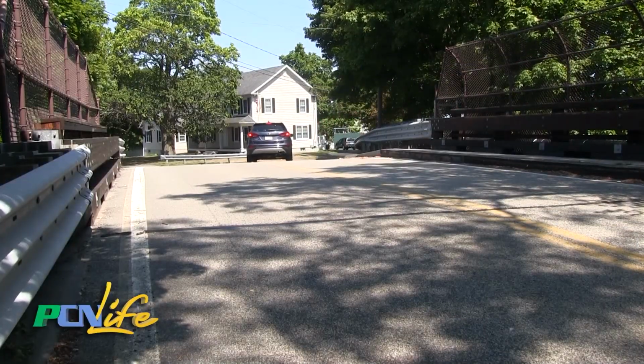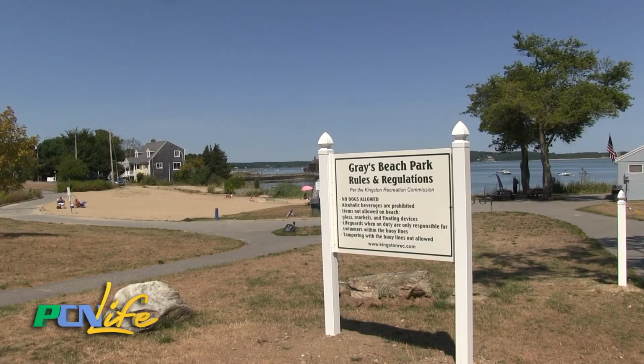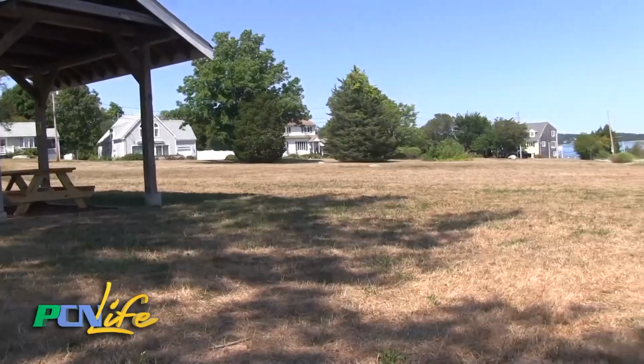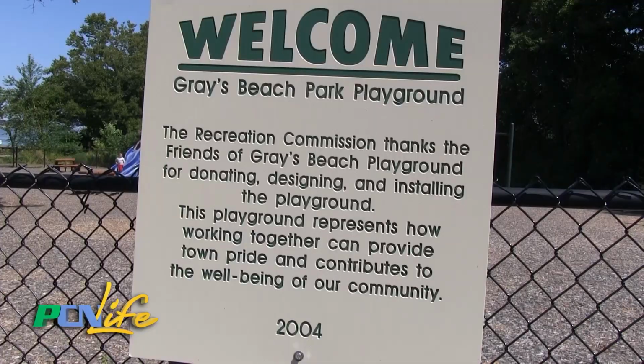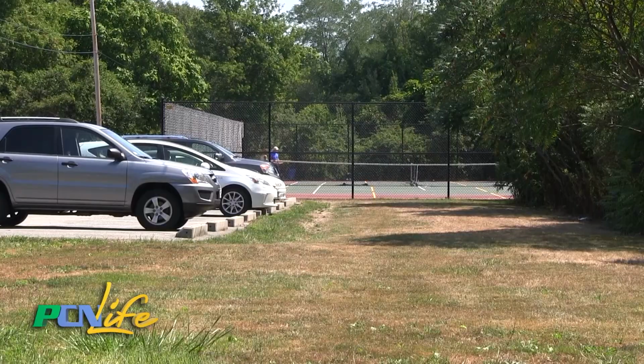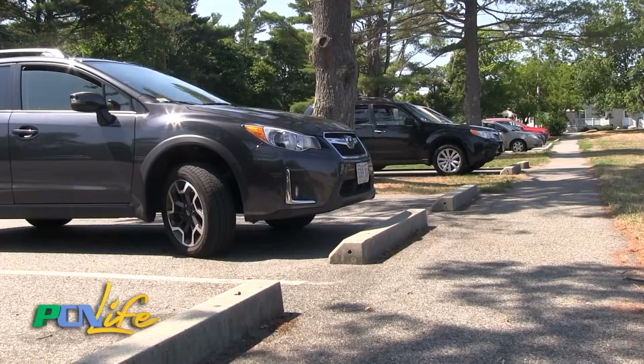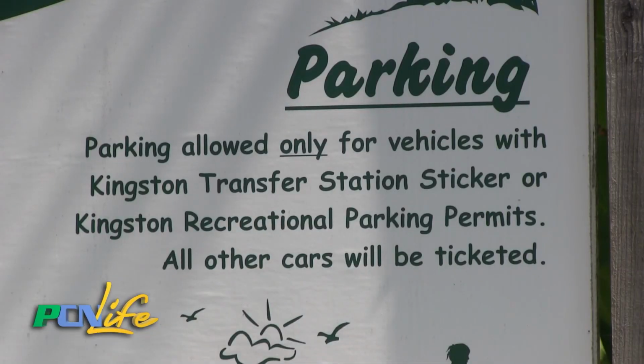While the beach itself may not be enormous, this 6.5-acre property has stuff for everyone to stay active. Plenty of room in this field for frisbee and wiffle ball, a playground for the kids, a basketball court, a tennis court, even if you're just using it to play pickleball like these folks. And there's parking too, but you'll need a sticker, so if you don't have one, you can get one at